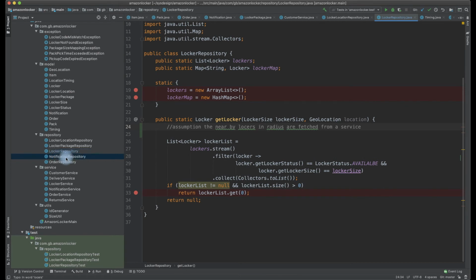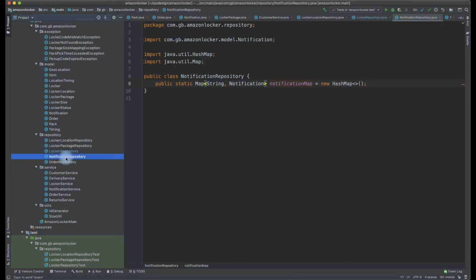The next repository that we can talk about is the notification repository. The notification repository stores the notifications which are sent, because sometimes we might have to retry sending the notification. If the notification has to be sent as an SMS or whatever way it is, in the network, if we are facing any network failures, we might have to retry. I have just persisted the notification in the notification repository. We can justify why we need to persist it, and we need to have a notification status as well, whether it has been delivered or not. If it is not delivered, we cannot expect the customer to go and pick it up. And the notification can be sent in more than one way: one is email, one is a push notification, which is via a cell phone or whatever it is.